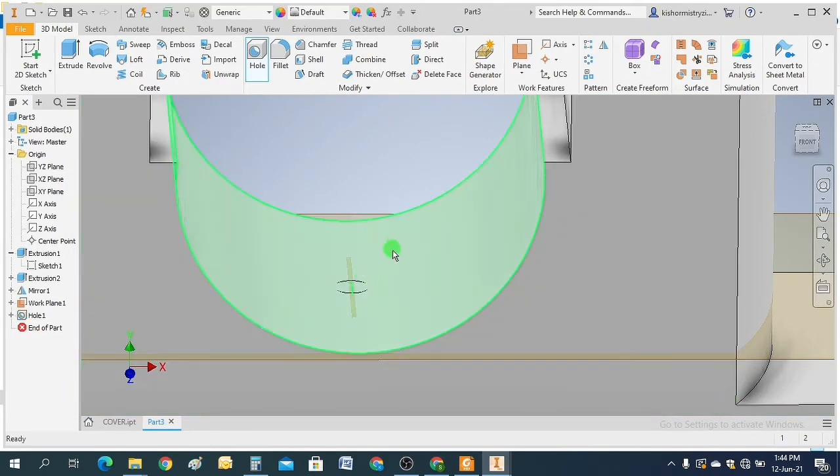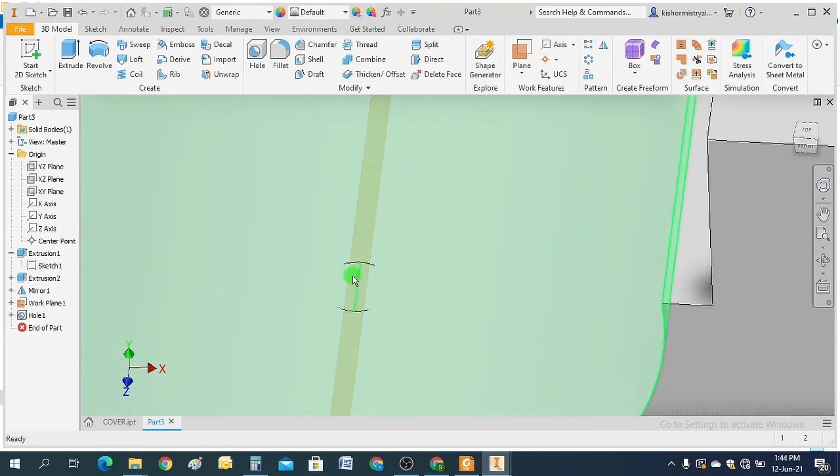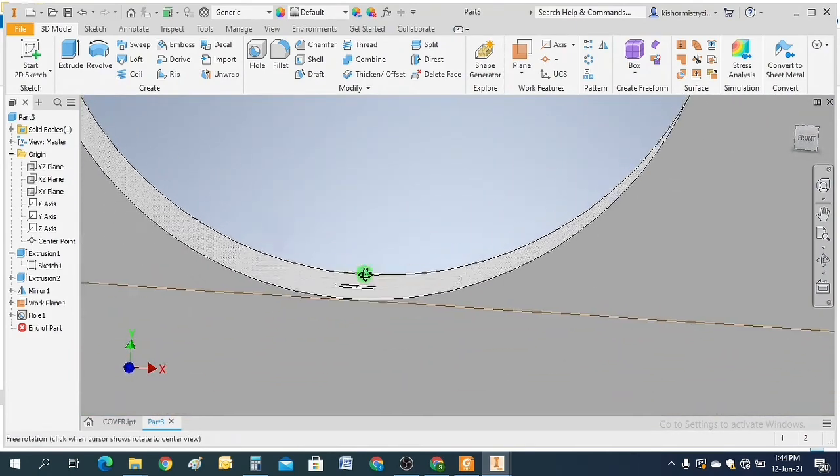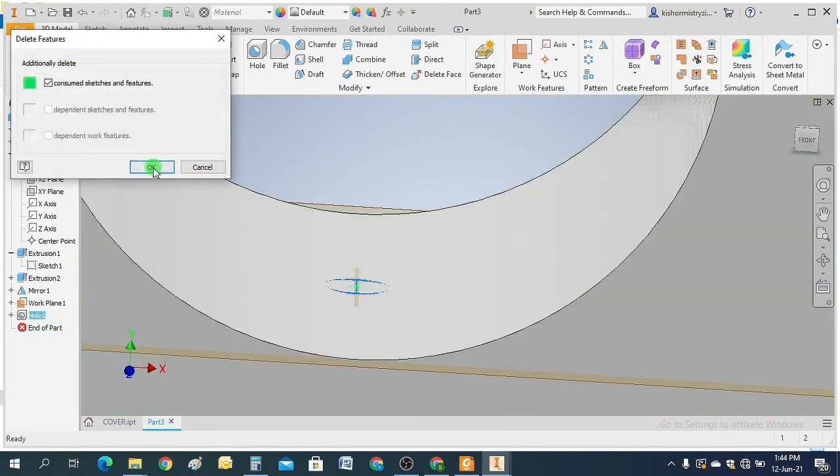Now see what is happening here. You can't see the hole because the curvature is like this, and the cut extrusion has been in this direction. So in this case it is better to delete the hole.